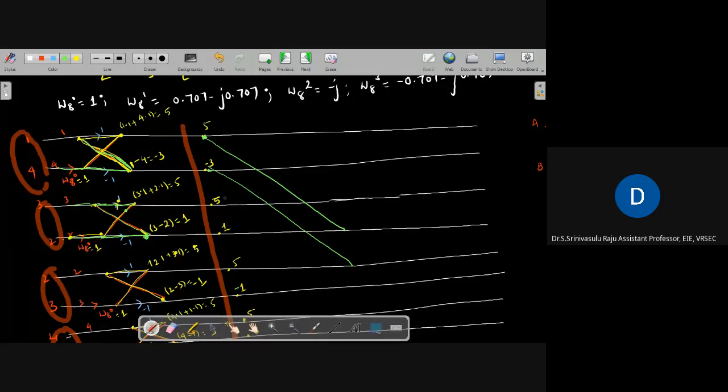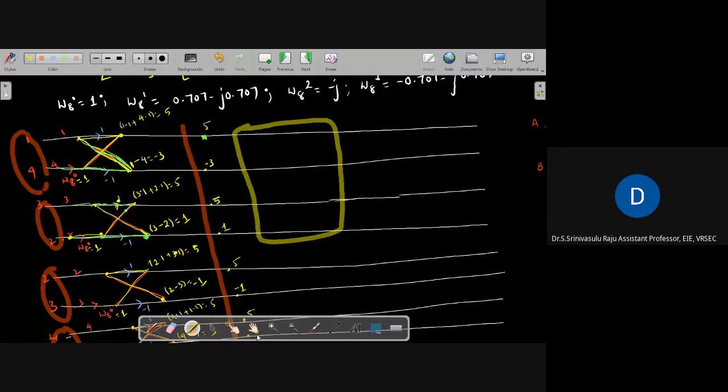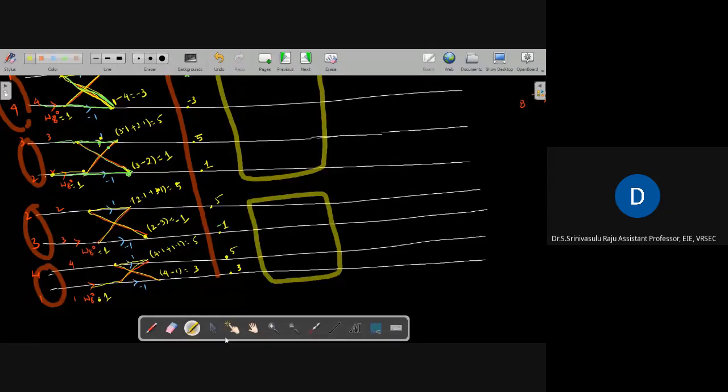And next one, you see this one. 1, 2, 3, 4. Sorry, it will come and approach here. Sorry, I did it wrongly. Start from here. Otherwise, I will do one thing. We'll take some other color. So this is one block, just to represent, and this is the another block. So no need to get confused here. This is the another block. Okay. Later I will remove this one.